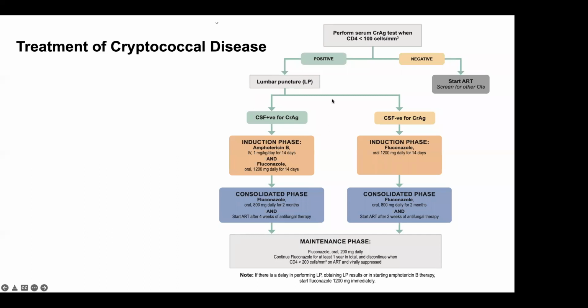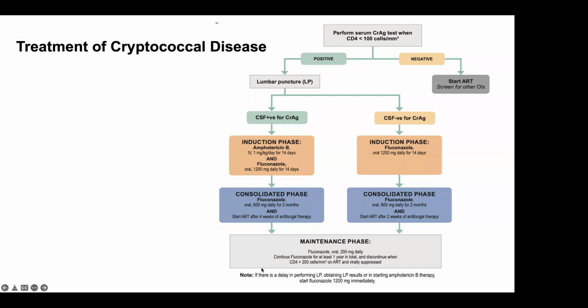When we talk about opportunistic prophylaxis therapies, we are talking about an HIV positive patient whose crack antigen is positive, right? And the CSF crack is negative. We want to treat this serum positive crack and prevent a meningitis by prescribing high dose fluconazole, as you see, 1,200 milligrams daily for at least 2 weeks. Then you continue with 800 milligrams for 2 months, then 200 milligrams for at least a year.